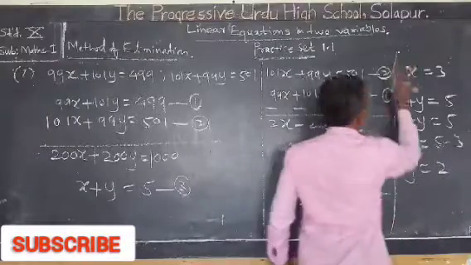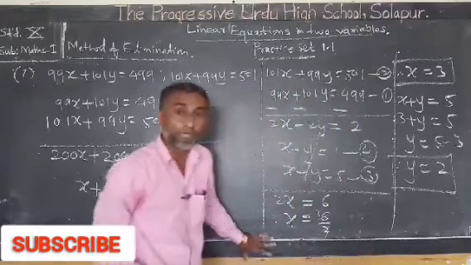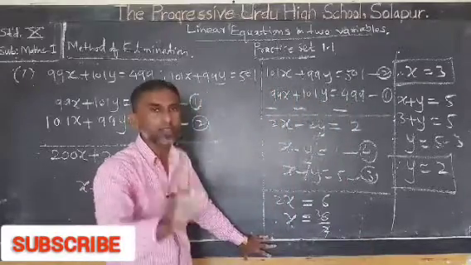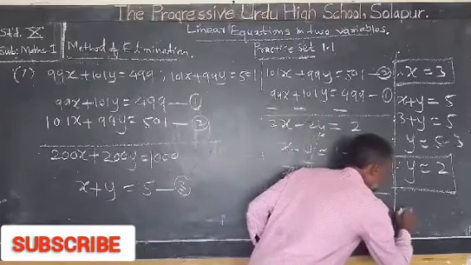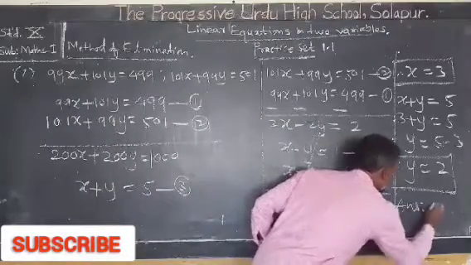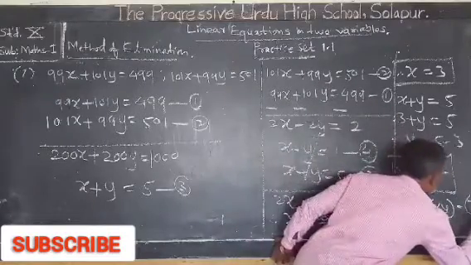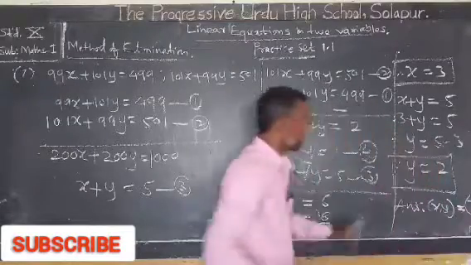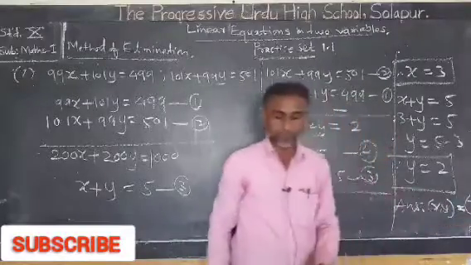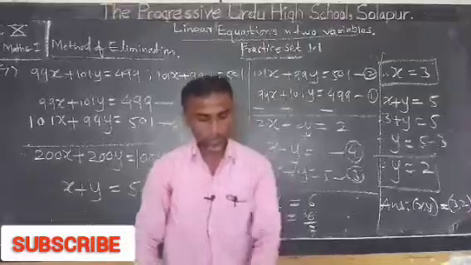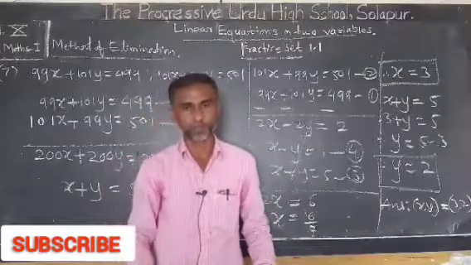In this way, x equal to 3 and y equal to 2 is the pair of values that is the solution of these two simultaneous equations. Write in the end the answer: x, y is equal to 3, 2. So, the solution of the equation, that is x, y, is 3, 2. In this way, you can solve the equation if coefficients have been interchanged.